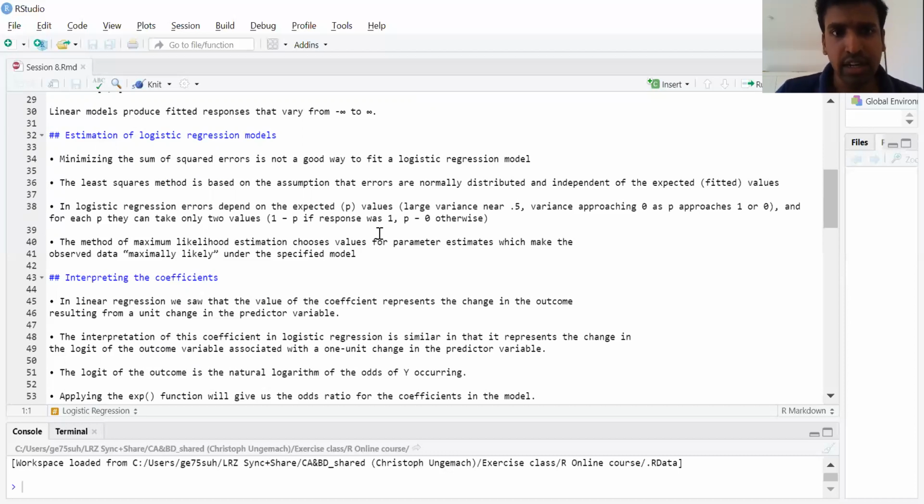Here we will look at the errors, and there is a larger variance when you are approaching 0 or 1. Don't worry much about this in terms of logistic regression errors, but we'll understand how things work when it comes